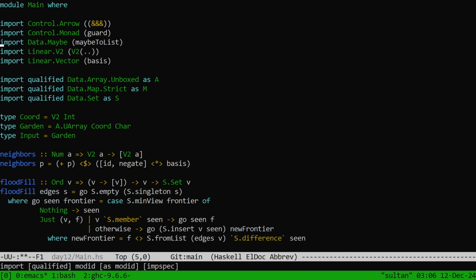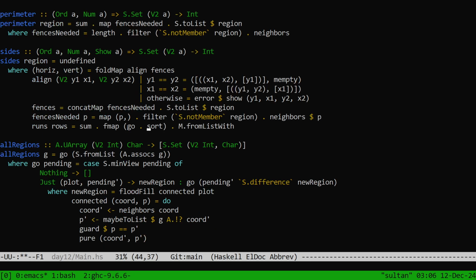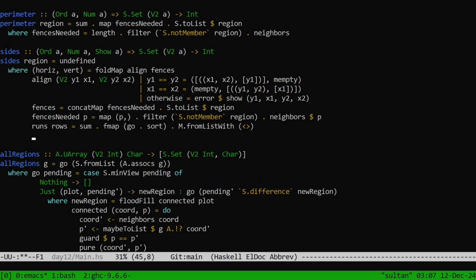Believe it or not, sort has to be imported. fromListWith union, I think. So we have a list of pairs where the first we don't really care about, and then yeah, this makes sense. Where go of